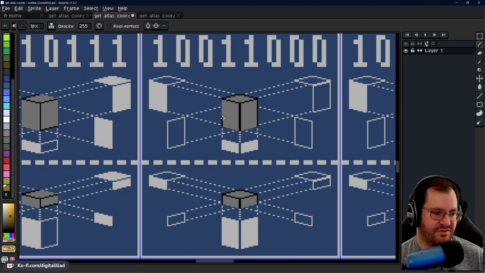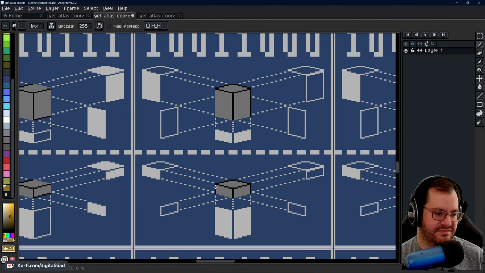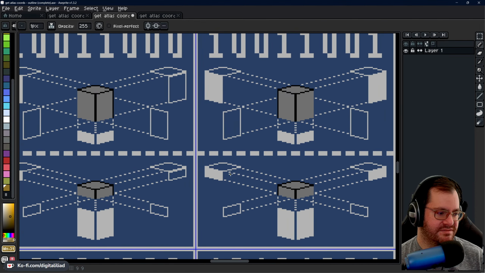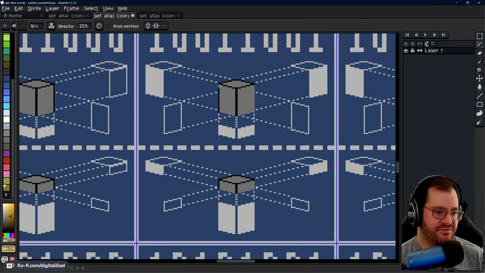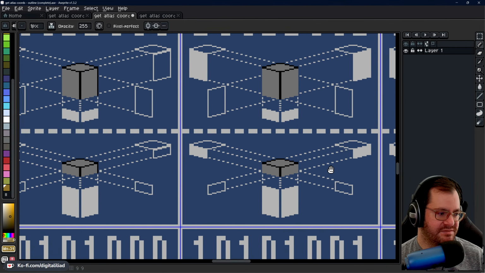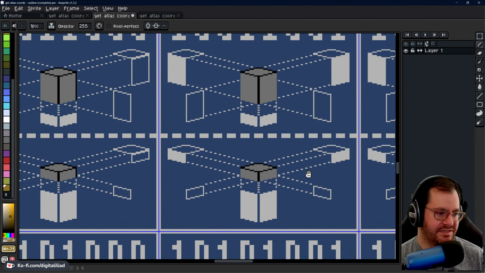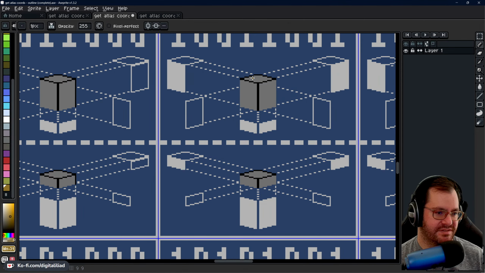Because this is all stand-in, and that's also something I was discussing earlier: this outline system we're using only really looks good because our art style is flat. It has no texture and it has no lighting. So the outlines give it a lot of character. But as the art gets more complicated and more fleshed out, we might be able to just forget about the outlines in most cases. There might be some amount of outlining that we use, but if we made normal maps and had some degree of lighting,